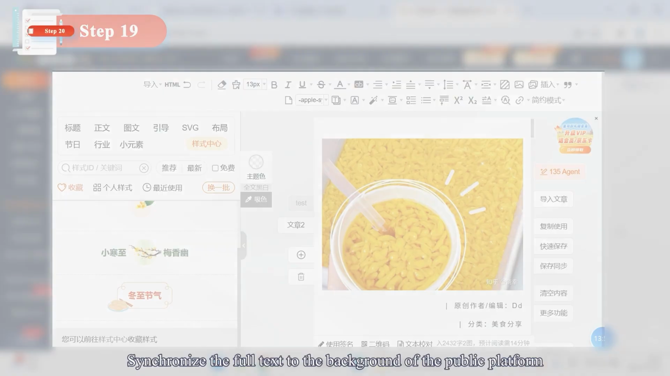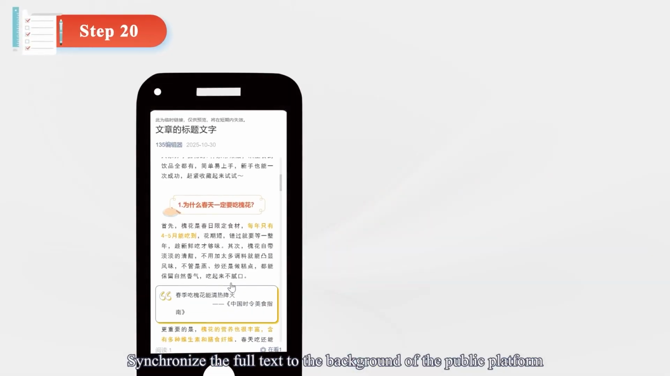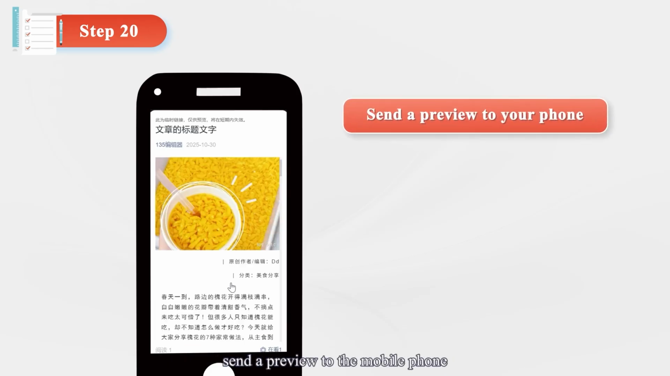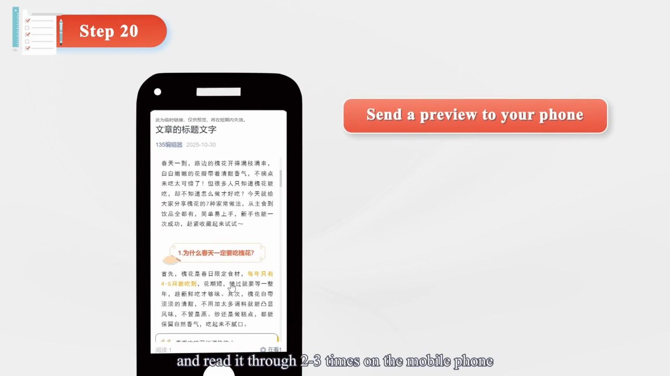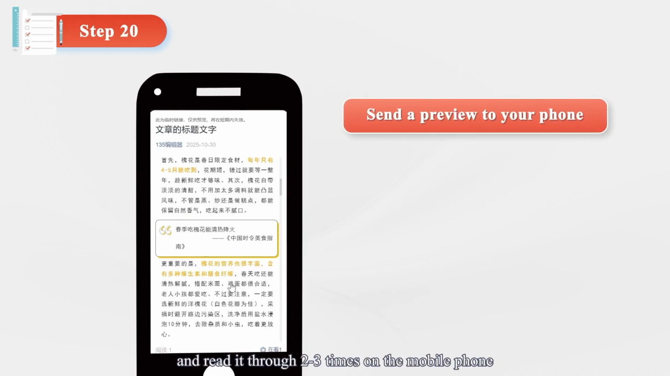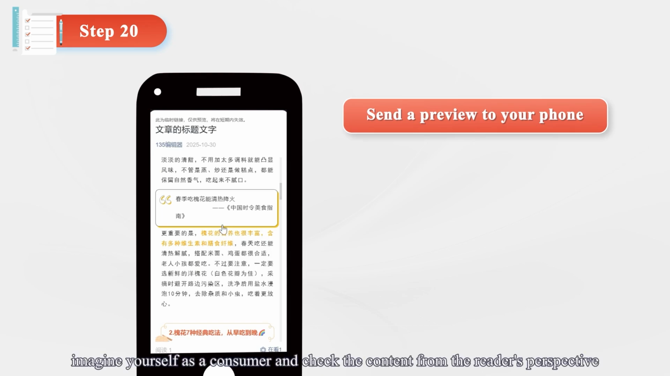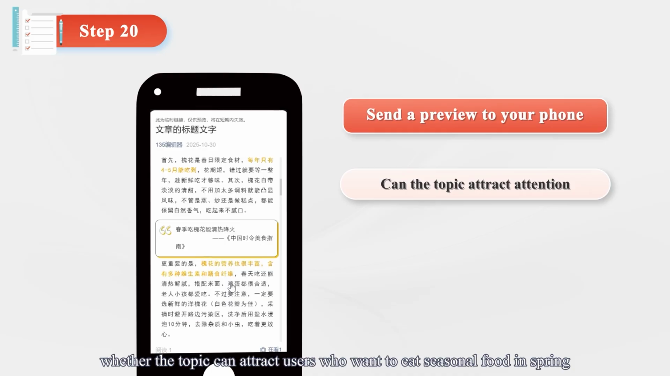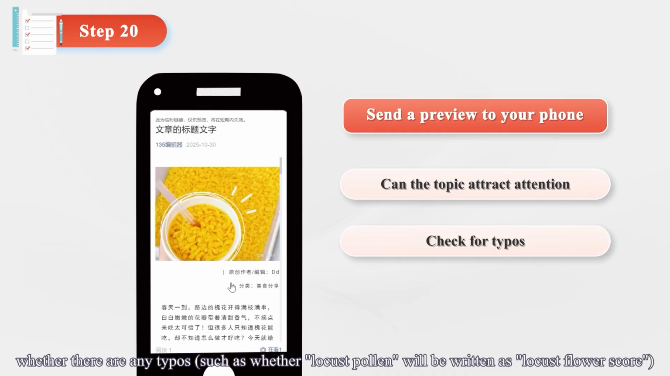Step 20. Synchronize the full text to the background of the public platform. Send a preview to the mobile phone and read it through 3 times on the mobile phone. When previewing, imagine yourself as a consumer and check the content from the reader's perspective. For example, whether the topic can attract users who want to eat seasonal food in spring,